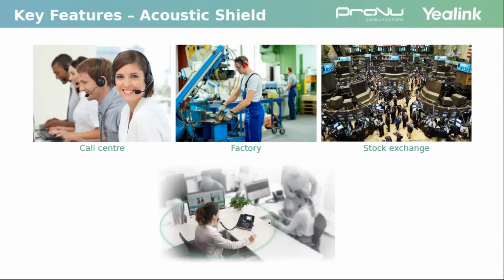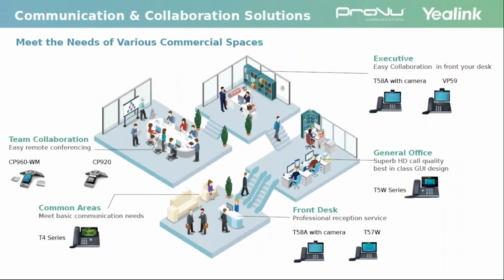Additional features include the Acoustic Shield, which is on all of the receivers on the T5 series. This offers you noise cancelling technology, making it easier to use in louder sites such as a call centre, a factory, or anywhere where you might be picking up a lot of background noise. And then all of this combined gives you loads of options to meet your customers' needs in various sites and